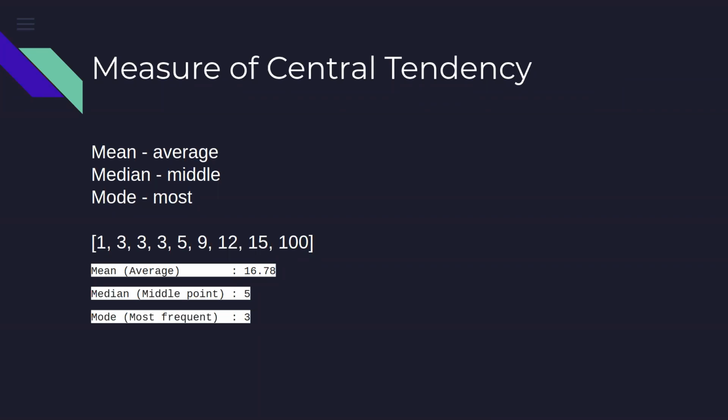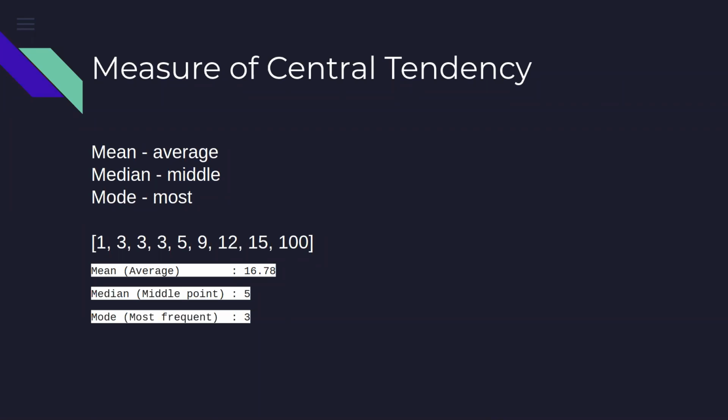And the reason is that median is the middle point of the data that we have. So if you arrange the data in ascending or descending order, and then we take the middle point, we will see why that becomes important. And one of the reasons is that the averages are influenced by the outliers or the extreme data.